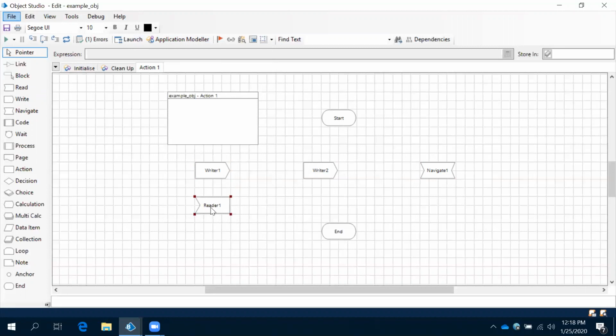If you want to read any information, if you want to read anything from any website, or if you want to get the data from any portal, whatever it may be, you are going to use the read shape in Blue Prism. This is the purpose of the shapes and the application modeler and launch. Next we will see how to work with an application. Then you will understand more clearly how to work with Object Studio and what is the main intention of Object Studio. Thank you.